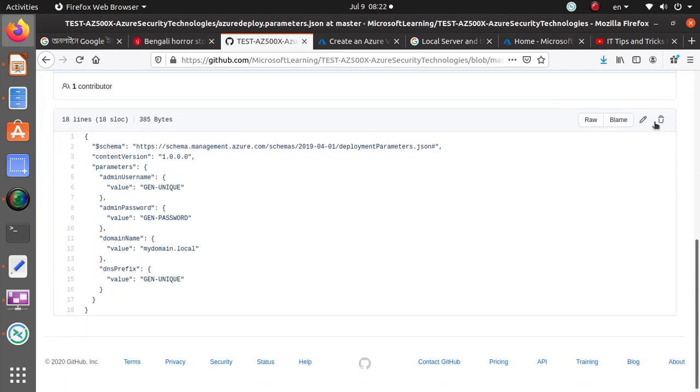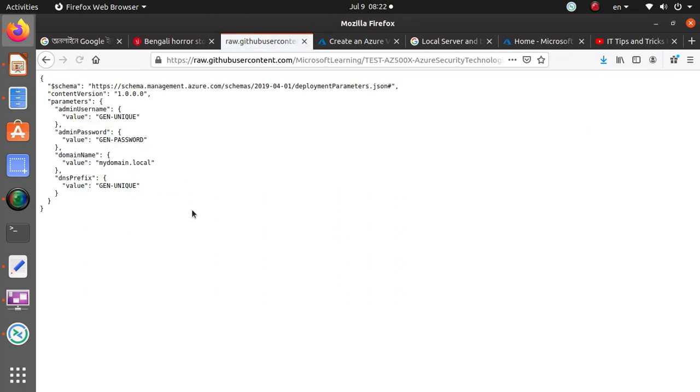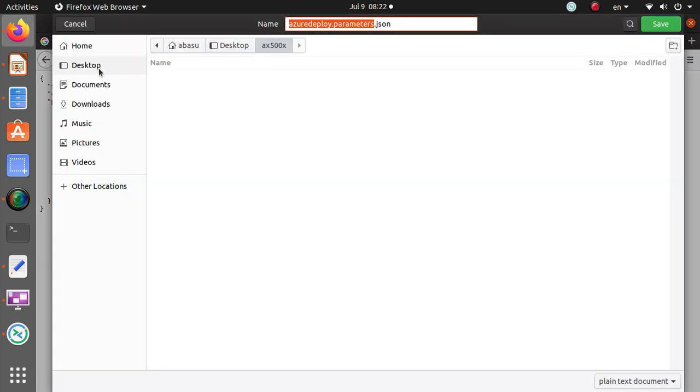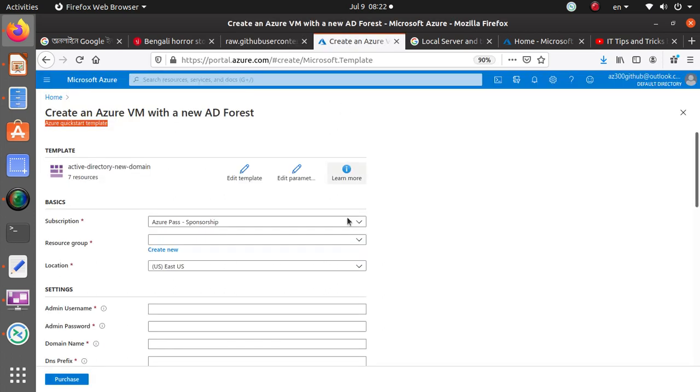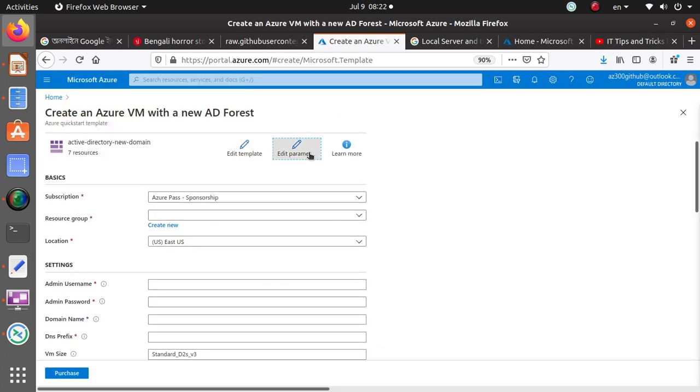I think that the instructions that I have are not completely up to date, so I'm gonna use this one because this one makes more sense. Okay, you're gonna use this DNS prefix. Now domain name my local, that's fine. Everything else looks fine to me. So let's just go over there. Let's go to edit parameters,